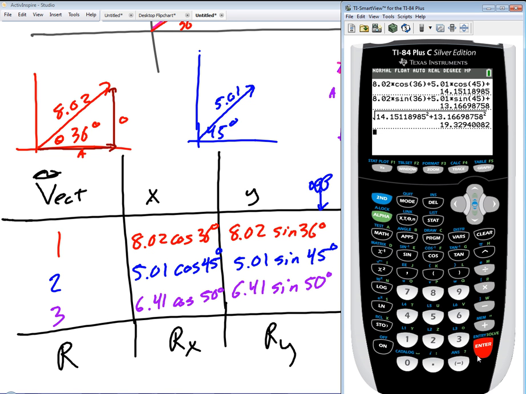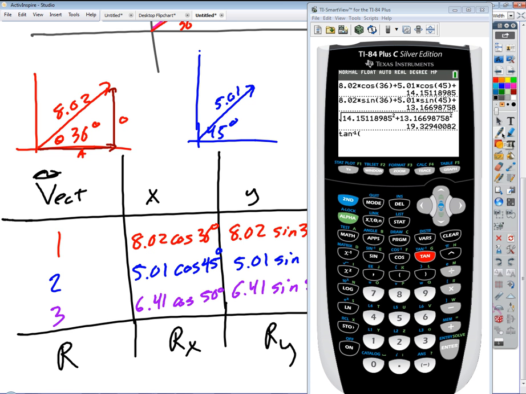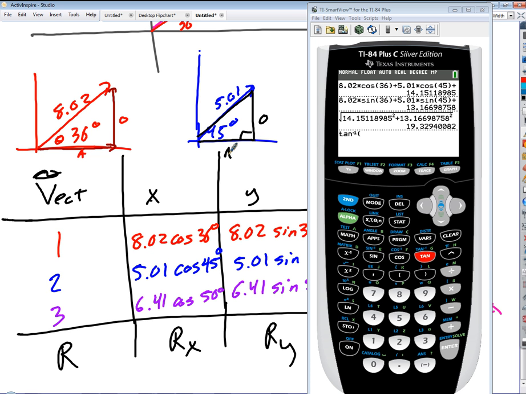So 19.329, now to get the arctangent, we just go second arctangent, and we're gonna take y over x, correct? The common mistake is to do the x over the y, but if you think about it in terms of our triangle, let's just use this one. That's opposite, that's adjacent, there's the angle, right? The opposite is gonna be the y value, right? So we've gotta do,